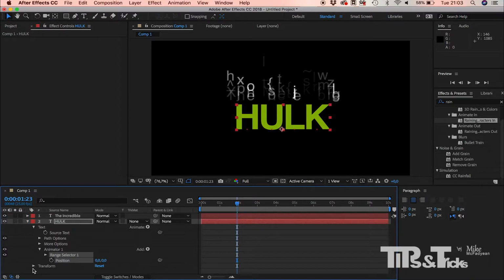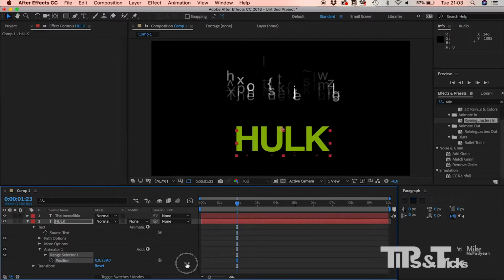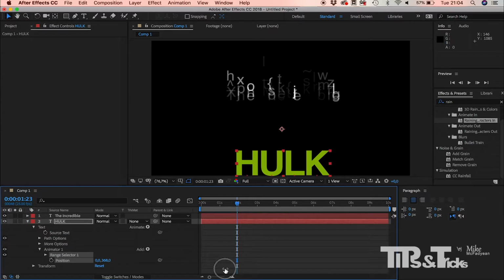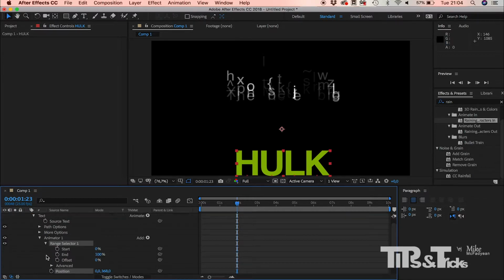Now don't get confused with the transform property called position. In your transform area for the layer are all your transform properties for the layer, not the characters of the text. So it's a different property altogether. So here I'm going to change this position value on the Y so that the text is near the bottom of the screen. And then what I'm going to do is go into the range selector for this particular animator,